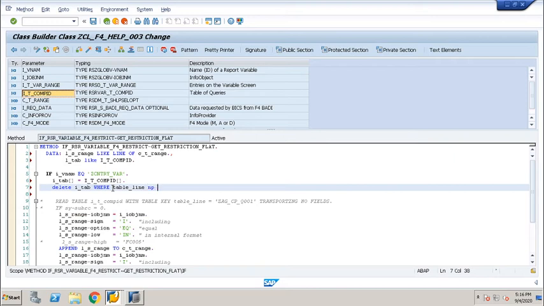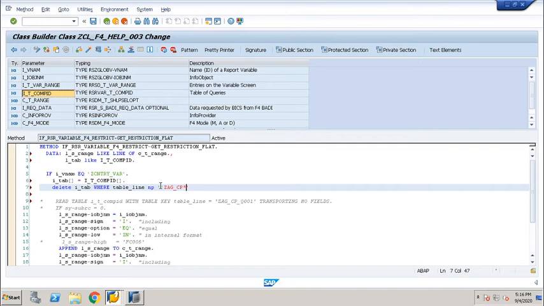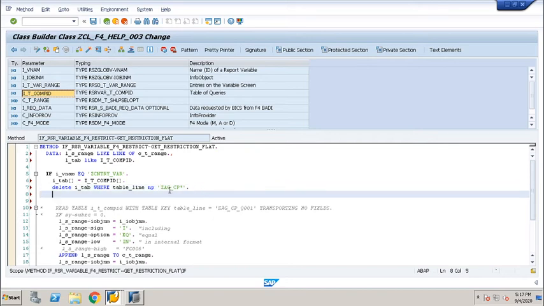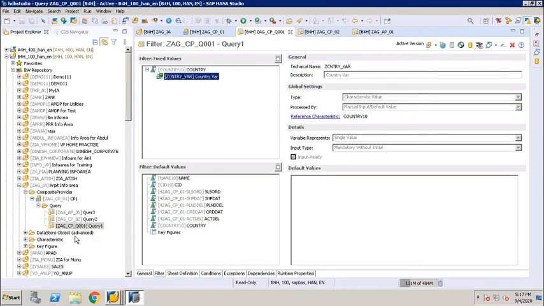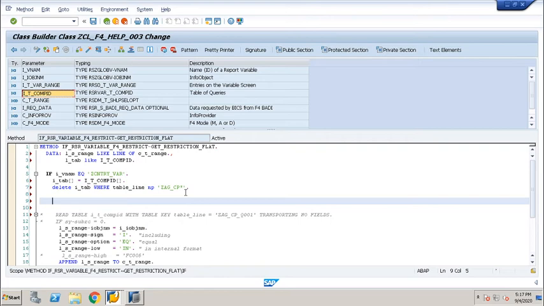So if the third query name ZAG_AP comes, the table will be blank.